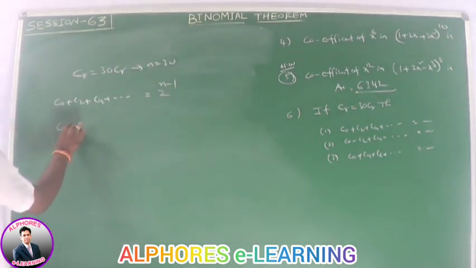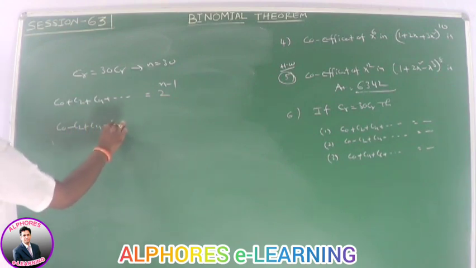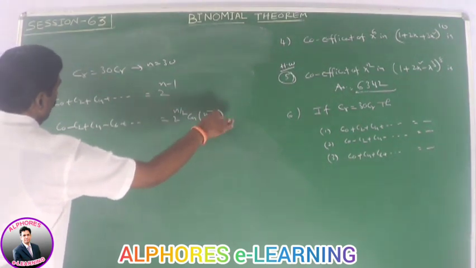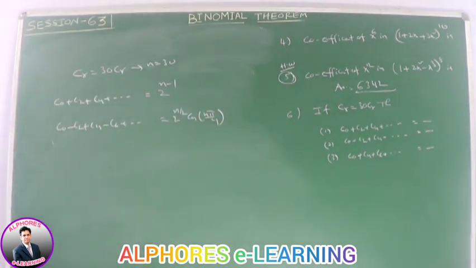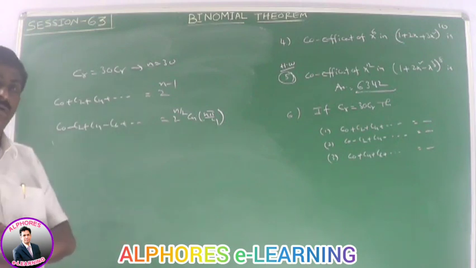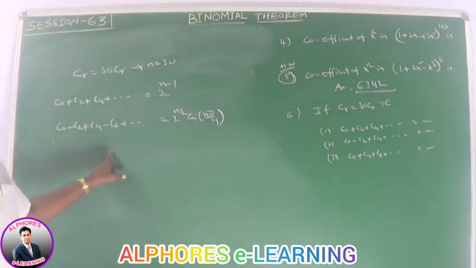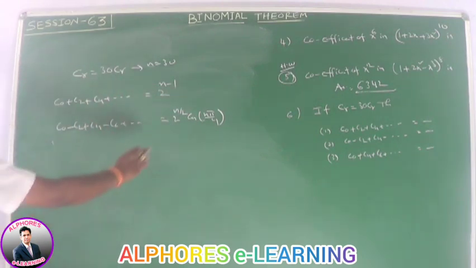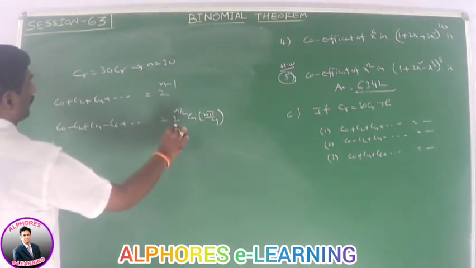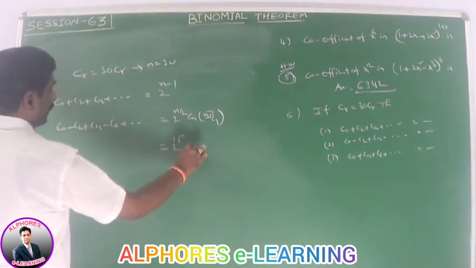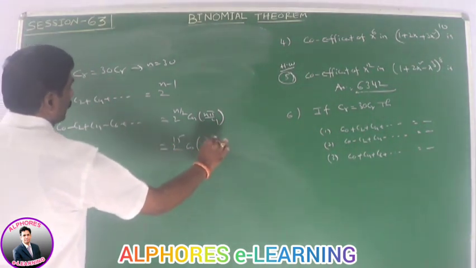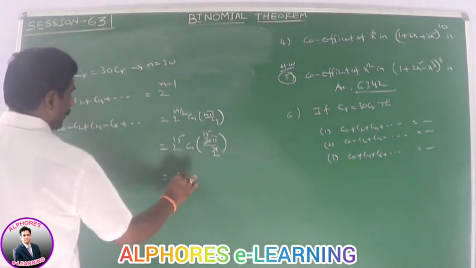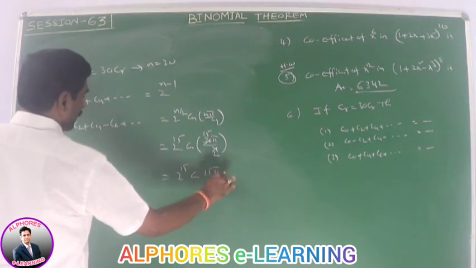Next, C0 minus C2 plus C4 minus C6. What is this value? 2 power n by 2 into cos n pi by 4. For getting even terms alternately plus and minus, we have 2 power n by 2 into cos n pi by 4. Suppose C1 minus C3, that value is 2 power n by 2 into sin n pi by 4. Please note that value. Here n is equal to 30. That is equal to 2 power 30 by 2, that means 2 power 15 into cos 30 pi by 4. Find this value. That is 2 power 15 into cos 15 pi by 2.